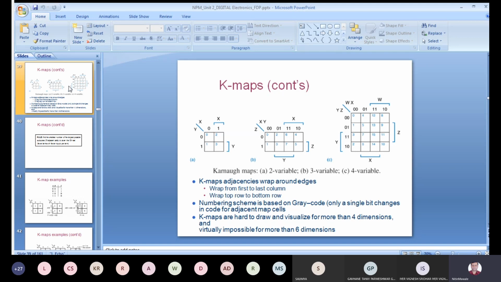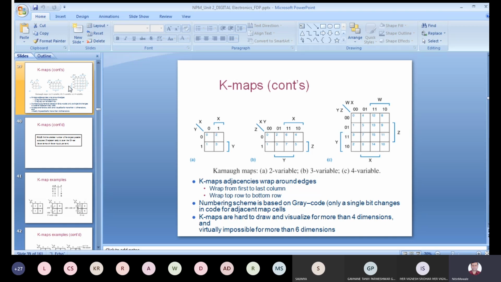So at that time you should be in a position to recognize. So that's why use different color pens. Then every problem you have solved can be solved either by using basic gates like AND, OR and NOT logic, or in other words you can go for the universal gates.